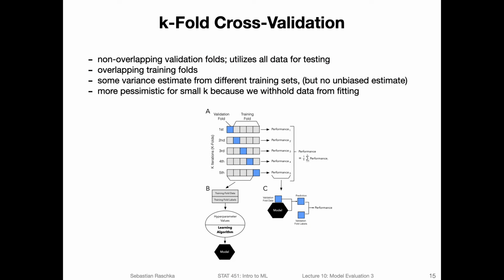So here's the summary of the points we talked about. Note that the validation folds are non-overlapping, so that's what I explained, they are all non-overlapping here, and that all data is utilized for testing. By that I mean not in each round, but if we take a look at that, every point was at some point used for testing or validation. Note that also some people call the validation folds test folds. It doesn't really matter. You can also call them test folds.